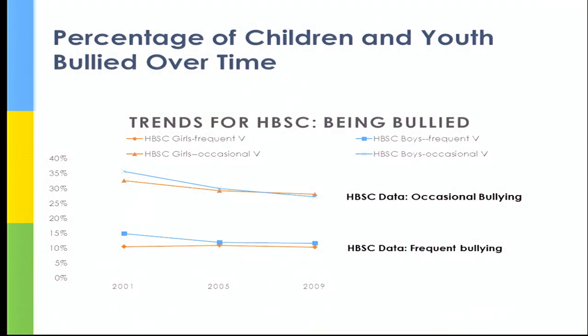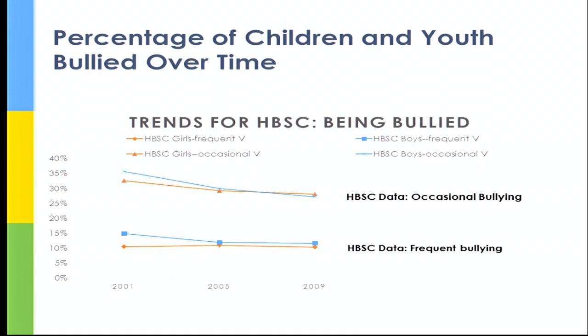And these are data here for the HBSC study, which looked at 11, 13, 15-year-olds. And what we see are somewhat different trends over time depending on the gender of the participants and the frequency of involvement. So the percentage of students who said they were bullied occasionally, which are the lines on the top part of the graph, and this was defined as once or more in the past couple of months, decreased between 2001 and 2009 for boys and for girls, heading in the right